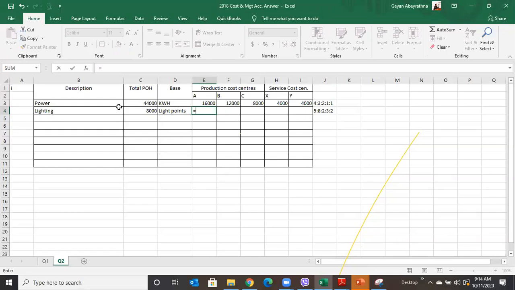Okay, then A: 8000 divided by 20 multiplied by 5. Here 8000 divided by 20 multiplied by 8. Here 8000 divided by 20 multiplied by 2. Here 8000 divided by 20 multiplied by 3. And here also you can see 800. Okay, that's lighting. The next item,